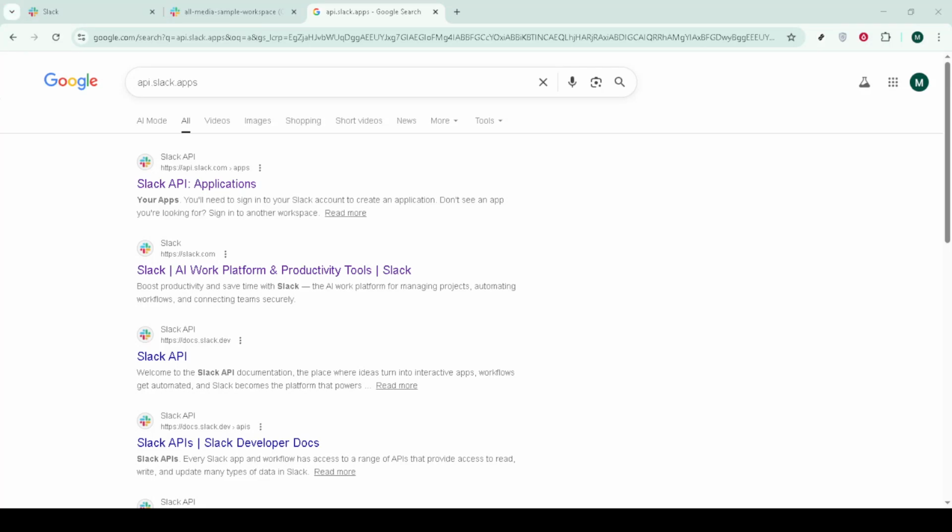In today's video, I'm going to teach you how to add an incoming webhook URL on Slack. Full 2026 guide, 5 minutes. Open your browser and head to